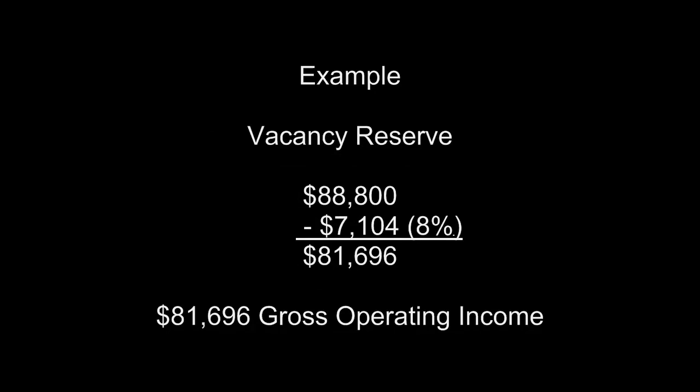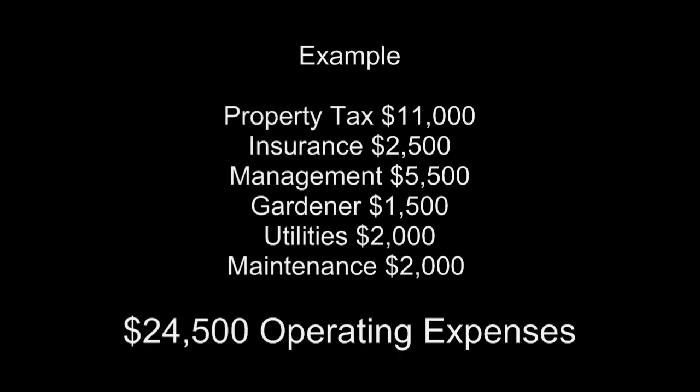Now there are 2 schools on deducting vacancy reserve: adding it to the expenses, or subtracting it from the scheduled gross income before dealing with the direct expenses. I'm going to subtract the 8% vacancy of $7,104 from the $88,800 scheduled income. That gives us a gross operating income of $81,696. The expenses we'll use will be $11,000 for property taxes, $1,200 for insurance, $5,500 for property management, $1,500 for